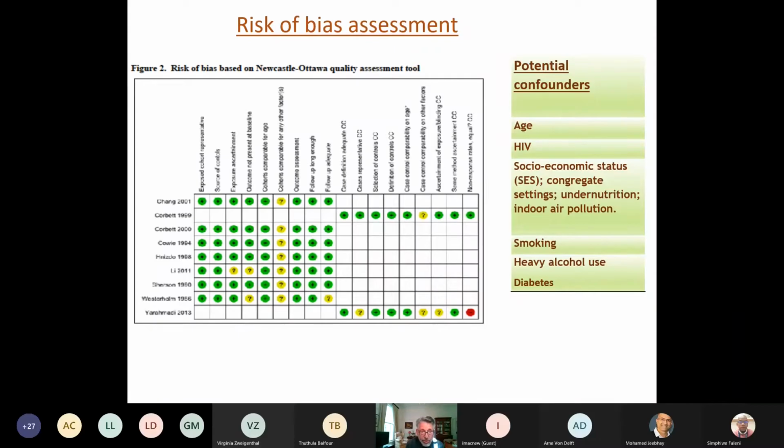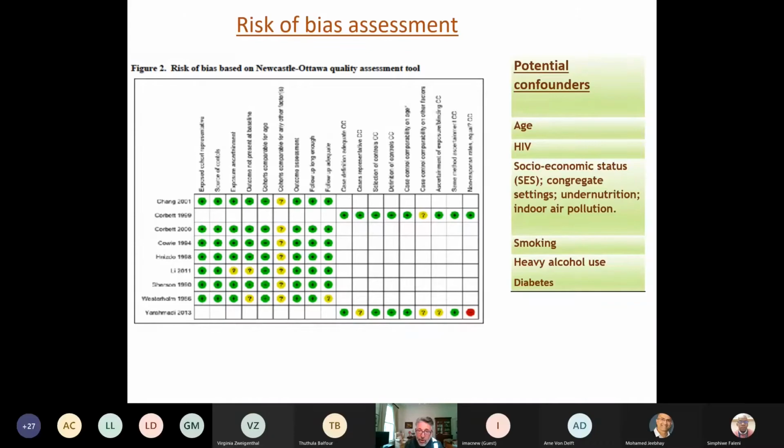So there was uncertain risk of bias when it came to the ability of these studies to control for confounding. The others were few and tended to be distributed between 2 or 3 studies. And the potential confounders for the association between silica and tuberculosis are age, as a risk factor for tuberculosis in the literature, and HIV, a very powerful risk factor and certainly associated with mining.